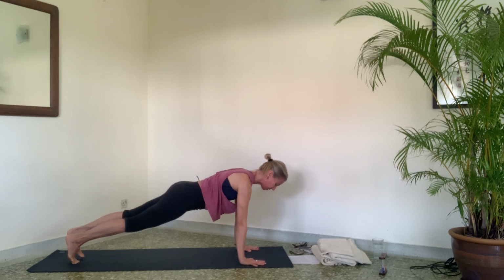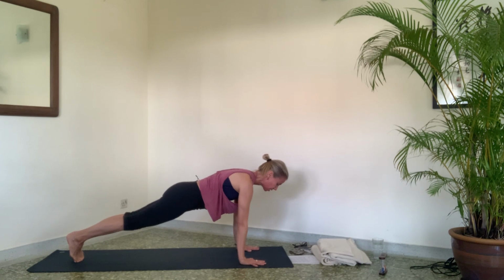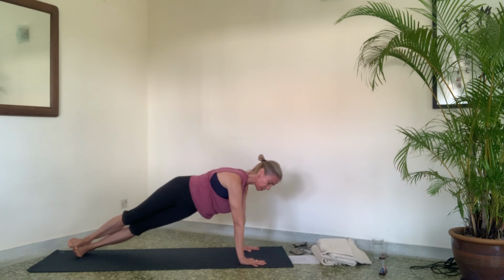This time, feet together. Keep both hands on the floor throughout this pose and come onto the outside edge, the little toe edge of your left foot. Twisted plank. Pick your hips up away from the floor. Pick the left side waist up away from the floor. Come back to a normal plank,